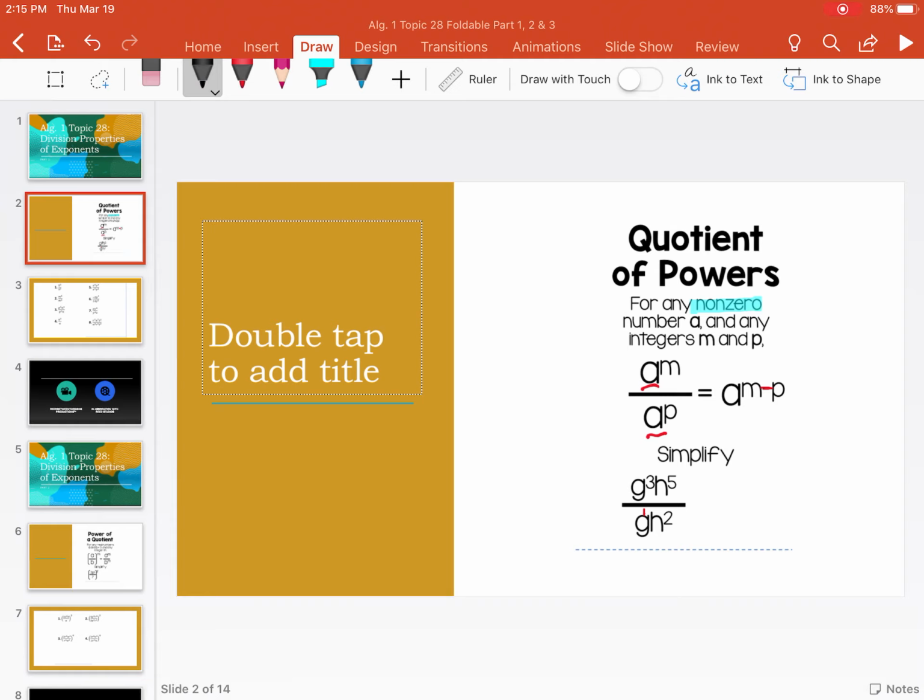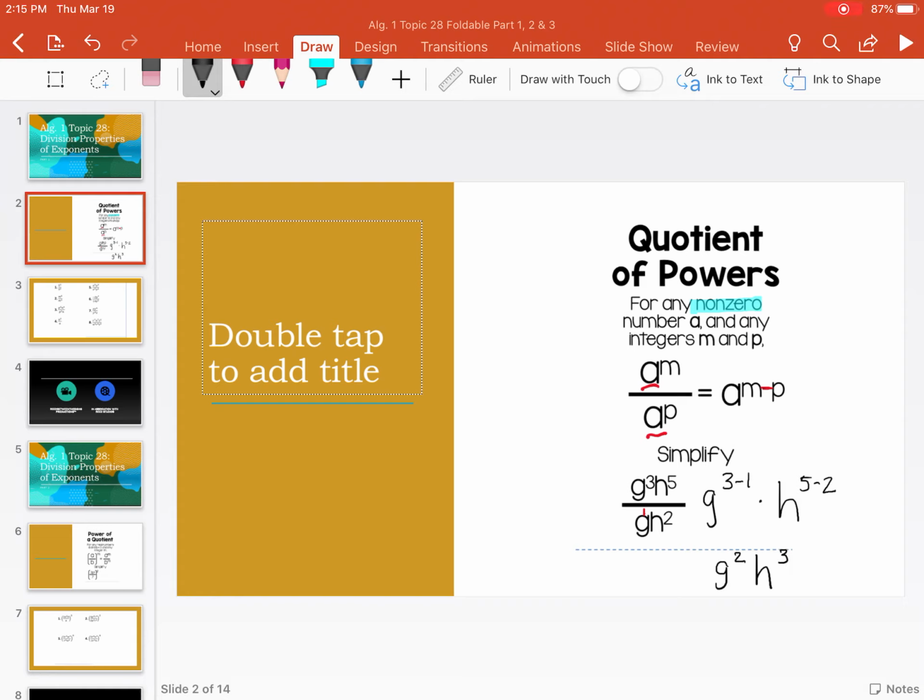So we're going to have g to the 3 minus 1 times h to the 5 minus 2. So 3 minus 1 is 2, g squared, and then we have h to the 5 minus 2, which is